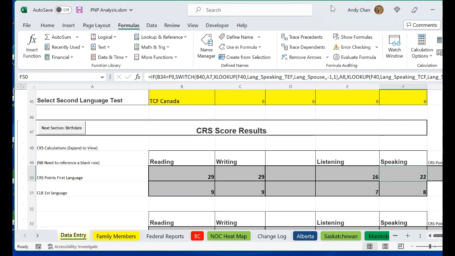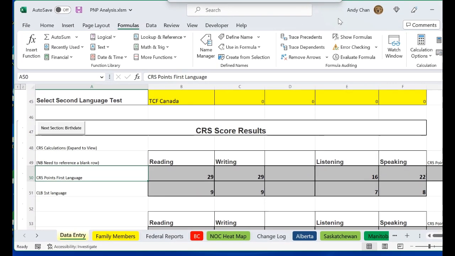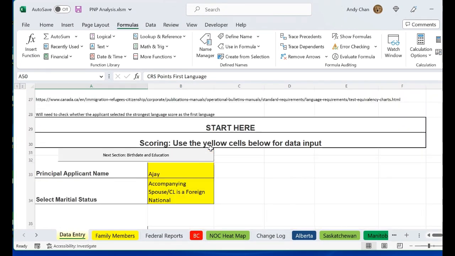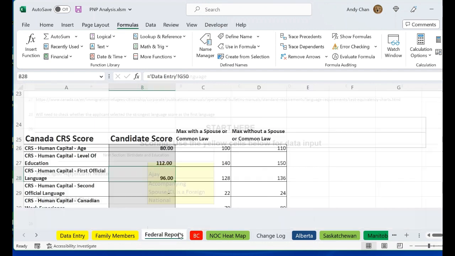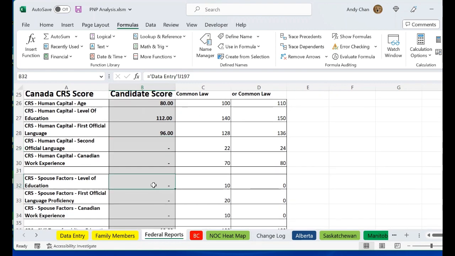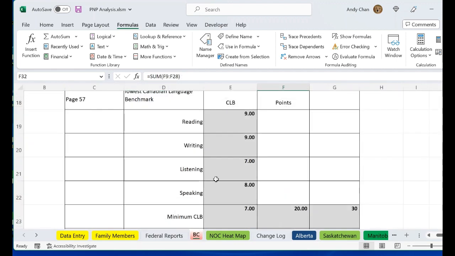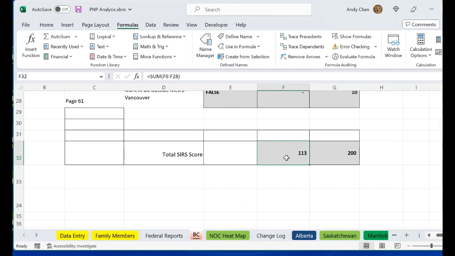Okay, so let me just shift this over. So total is 96. The other thing that I forgot to mention is this. Because I'm assuming that Ajay is married, there's a lot of points that I haven't keyed in for these spousal factors. So there's a big chunk of points that are missing from this. So even though I've got a BC PNP score, an SRS score of 113,